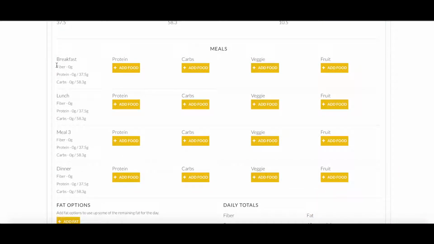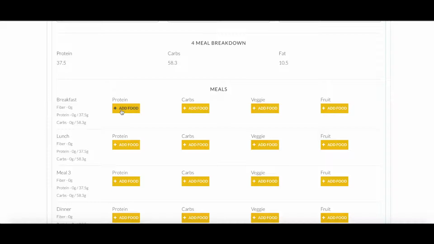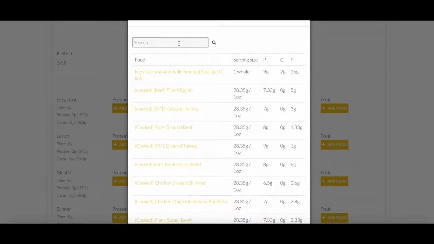So each row is broken down by the meal. So breakfast, lunch, meal 3, and dinner. So I will show you how to start adding foods now. So we'll start with protein for breakfast. So I'm going to add eggs,